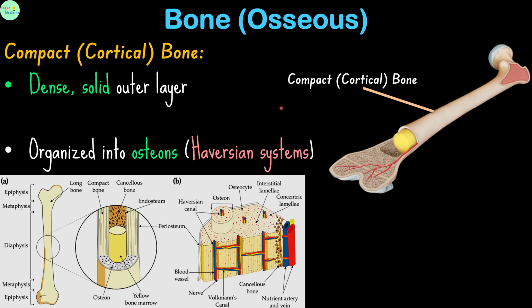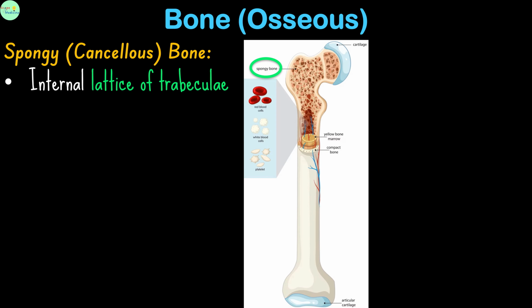Between the lamellae are small spaces called lacunae that contain osteocytes, and these lacunae are connected by tiny canals called canaliculi that allow for nutrient and waste exchange and intercellular communication. Perforating canals called Volkmann canals connect adjacent Haversian canals and also connect the Haversian systems with the periosteal and endosteal surfaces. Spongy or cancellous bone forms the inner lattice-like network of bony trabeculae within the ends of long bones and